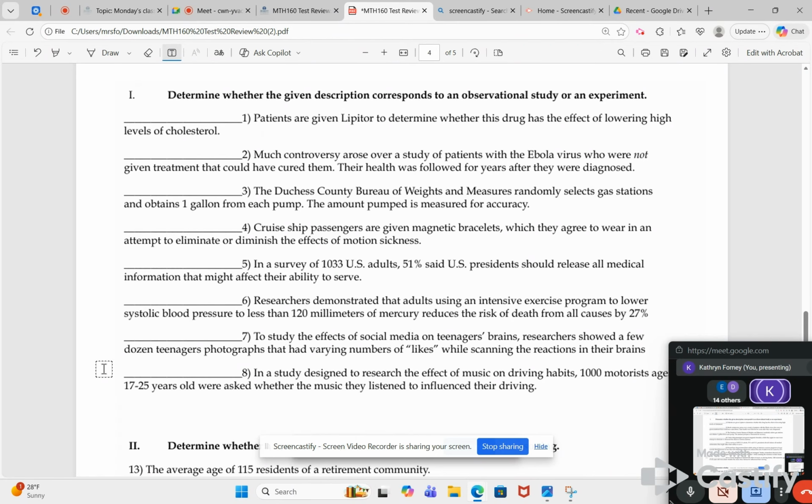Determine whether the given description corresponds to an observational study or an experiment. So, what do we know? An experiment has to have what? Yeah, you have to be doing something to it, to make a change. So with that being said,